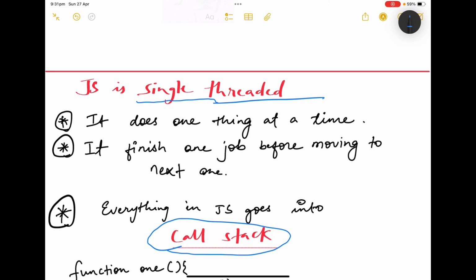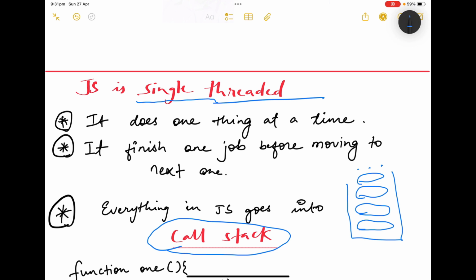It's like a magic box of any magicians. Call stack is a way by which JavaScript engine keeps track of function calls in a program. If you think of a call stack like a stack of plates in the sink, you just keep on adding a plate, one, then two, then three, and it goes on and on. So now if in this stack you have to do the dishes, you have to wash your plates,